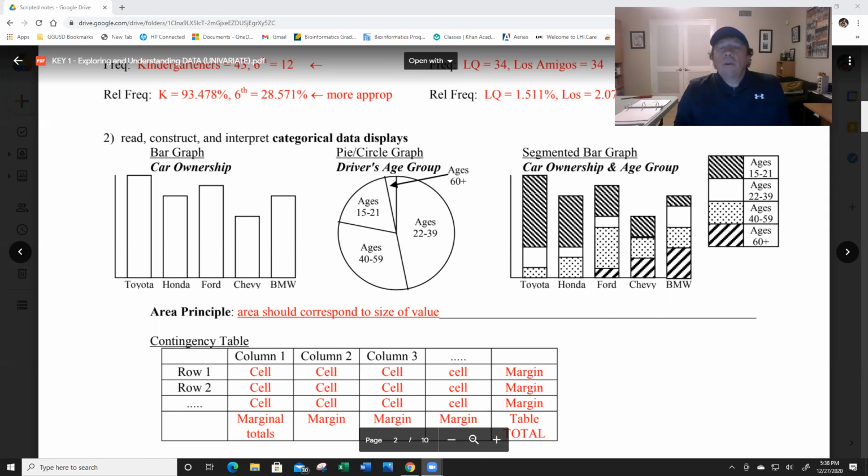And then you've got your pie chart. That's pretty simple. You have to turn it into degrees, which can sometimes be problematic. Pie charts are not actually all that common in statistics. Segmented bar graphs are really common. And of course, they're called segmented